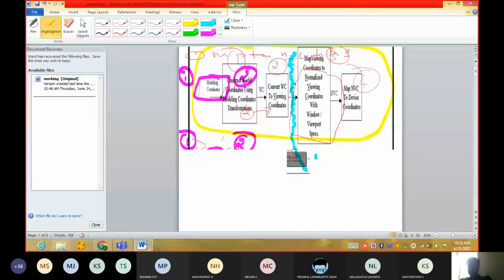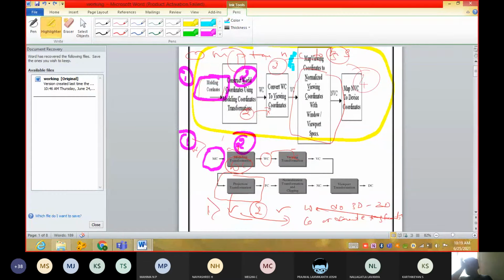We need to make a change there. Where I have highlighted with blue color, there we need to make some changes, guys.